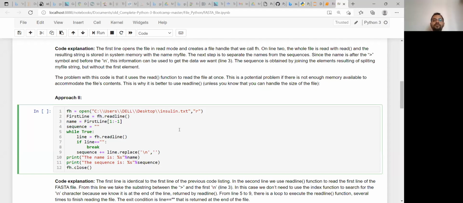Yeah, X mode is for checking whether that file is there, otherwise it will be created. But here I have already kept a file named insulin.txt, and I am just reading that. I am not creating any new file. I don't want to create any new file with X mode.